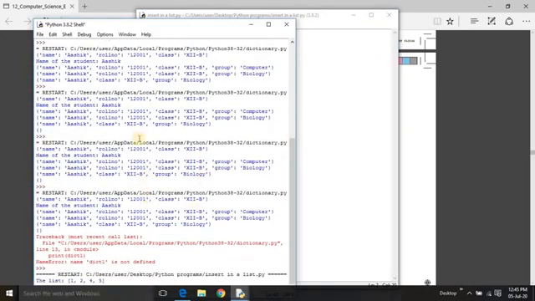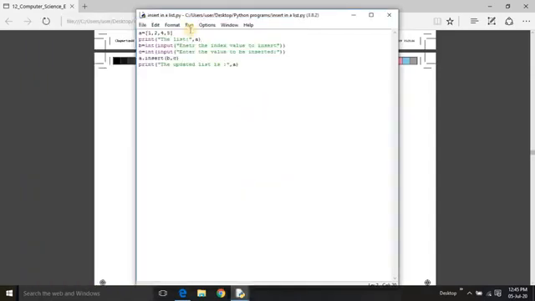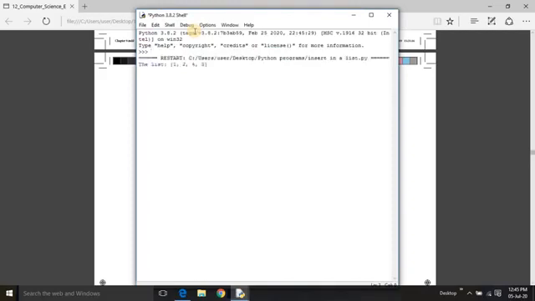See, it is showing the list contains 1, 2, 4, 5. Enter the index value to insert. I need to insert in the second position. I need to insert the element 3 in the second position. The updated list is 1, 2, 3, 4, 5.